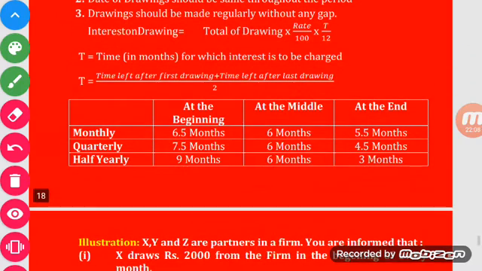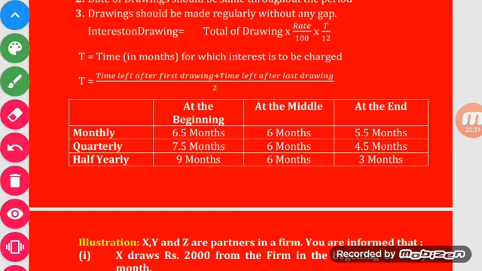Here a table is given, specified at the beginning, at the middle, at the end. If a partner withdraws monthly at the beginning of every month, 6.5 months; middle of every month, 6 months; end of every month, 5.5 months will be utilized